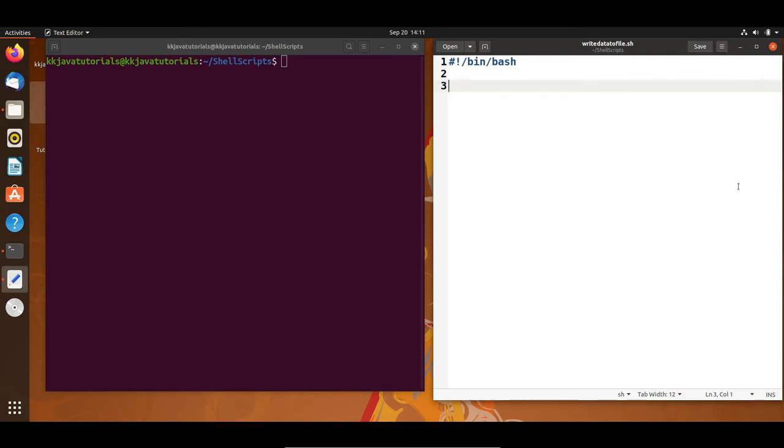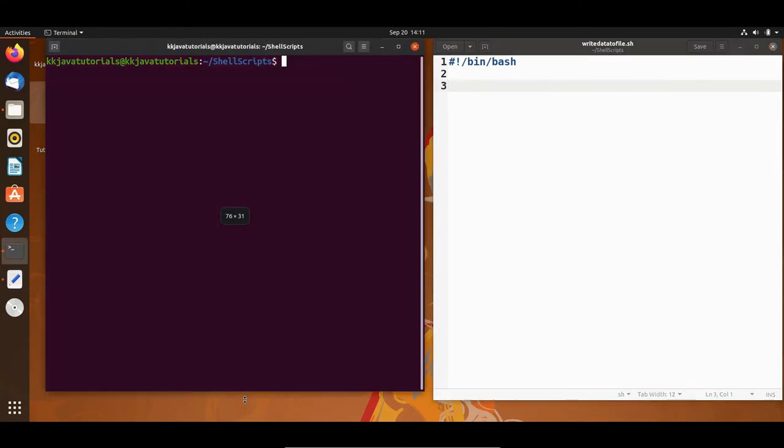In this shell scripting tutorial, we will implement one use case. There we will see how we can write some data into some file, and that data we will tell the user to enter from the terminal itself. It's a very simple use case. Whatever data we enter from the terminal will be written to some existing file. If the file already exists, that's fine. If it doesn't exist, then I will just quit the shell script by printing file doesn't exist.